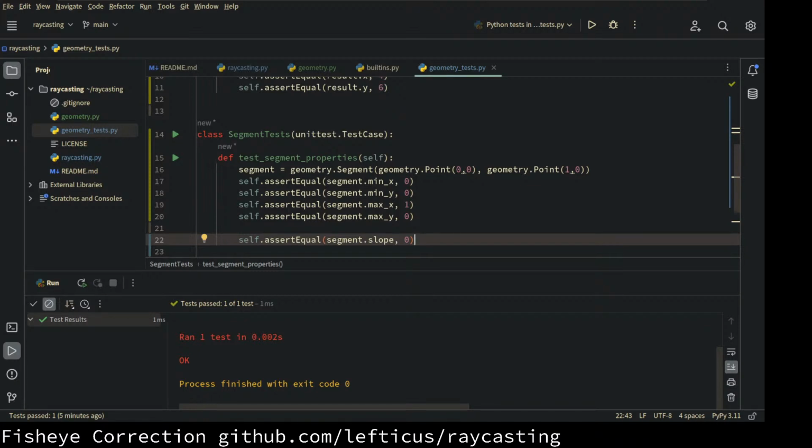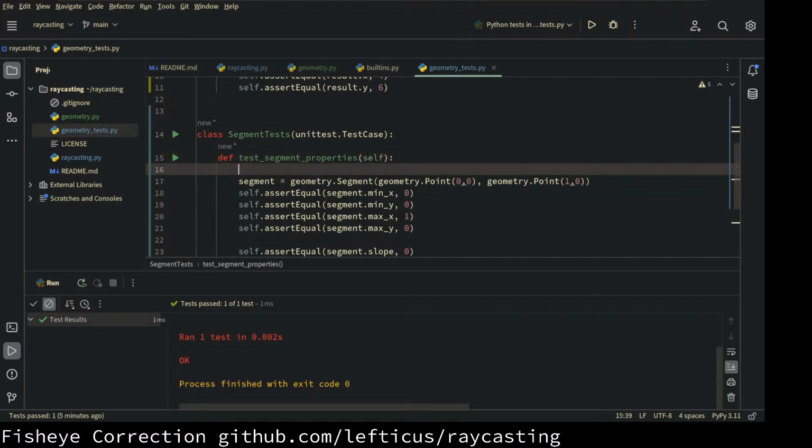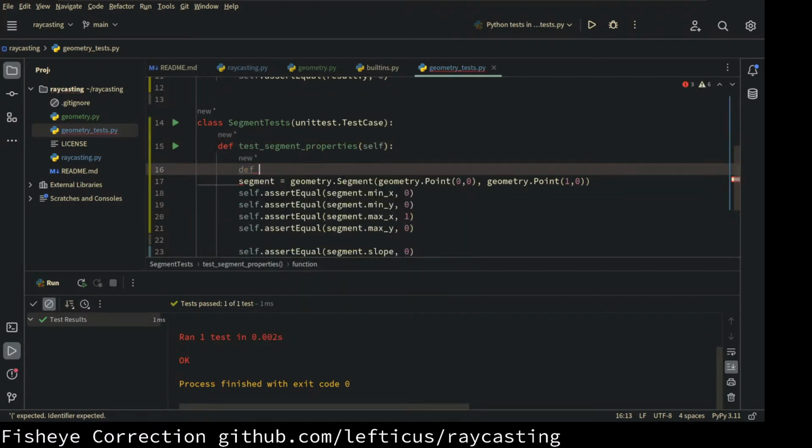I'm just trying to ponder. There's got to be a better way to do this. So as if every function, so I'm going to create a local function here that is something like,